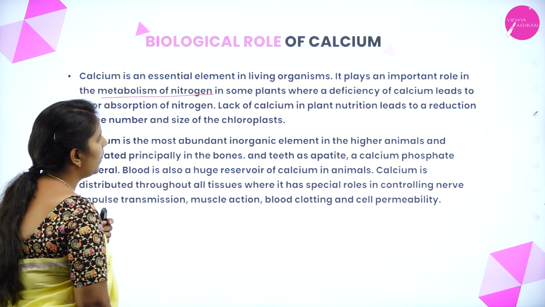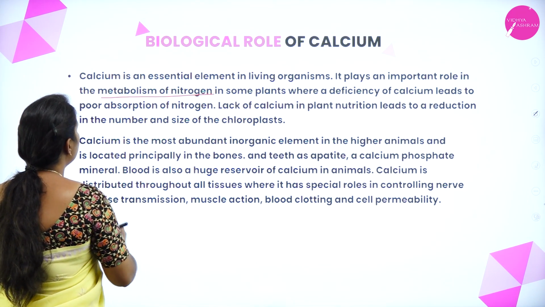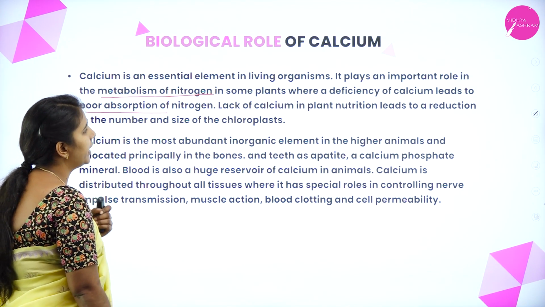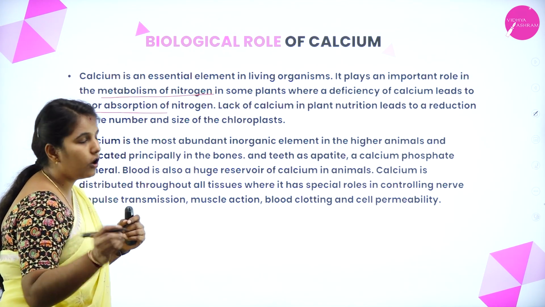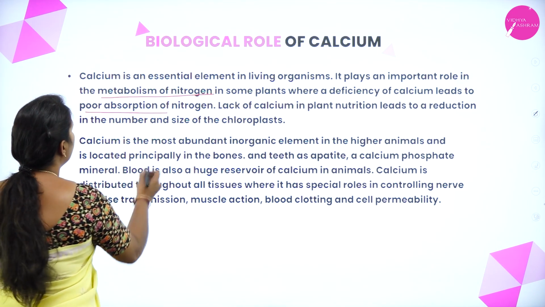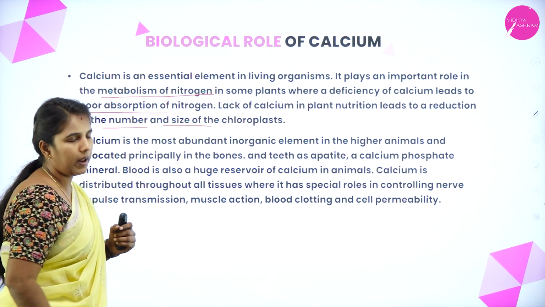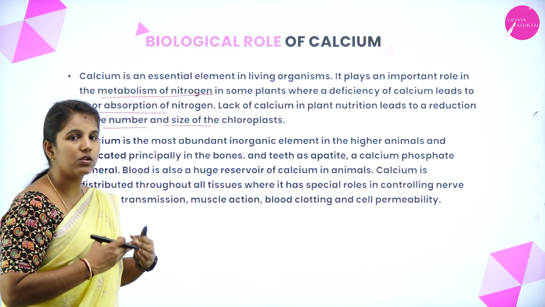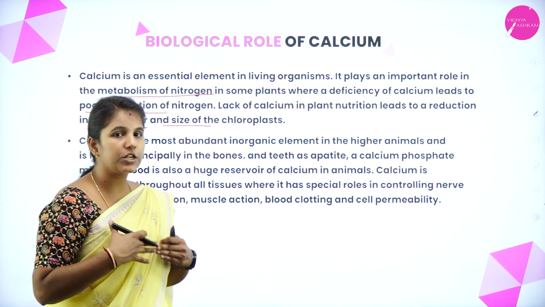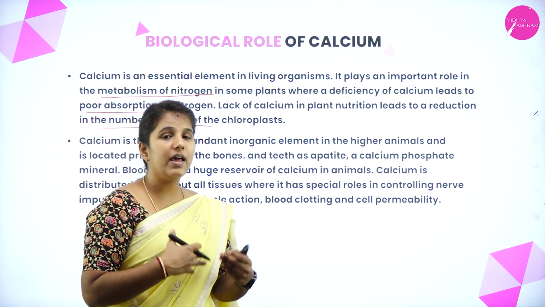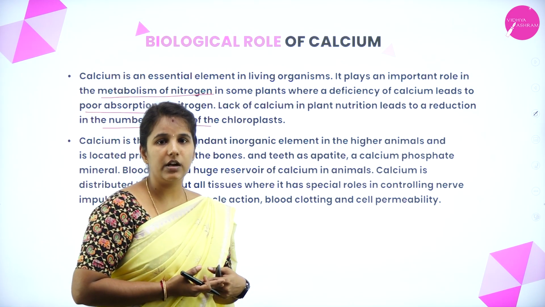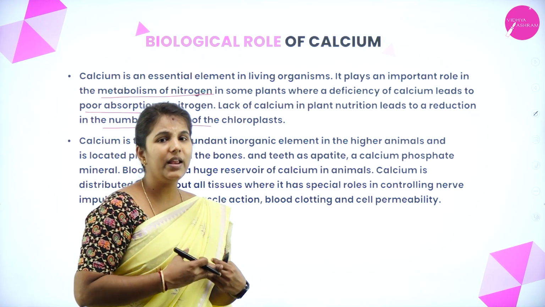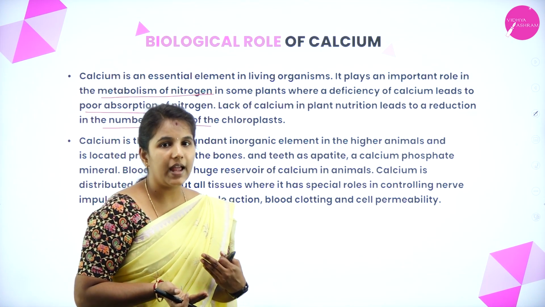In some plants, when there is a deficiency of calcium, it also leads to poor absorption of nitrogen. The lack of calcium in plant nutrition also causes a reduction in the number and size of chloroplasts. If calcium deficiency is there in the green plant, chloroplast formation is reduced. If chloroplast production is reduced, automatically the process of photosynthesis is also reduced. That is why farmers keep the calcium content high in the plant by adding calcium carbonate